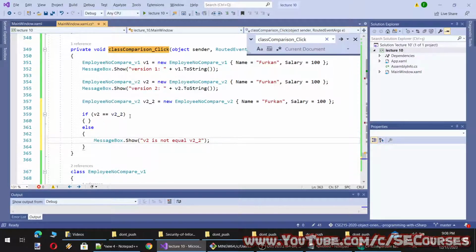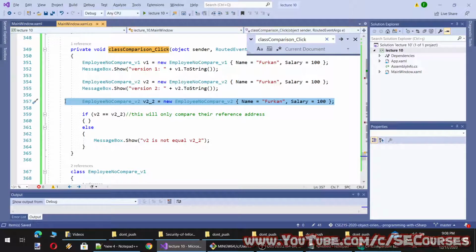If I compare them like this, it will only compare their reference address, not their values. Actually, they are the same because they are initialized with the same parameters. However, since they will have different references, this will tell me that they are not equal.